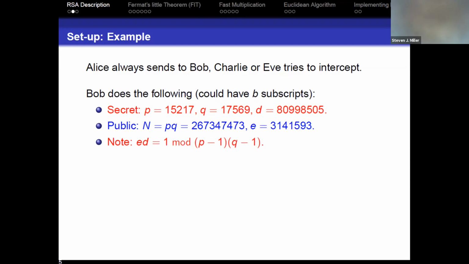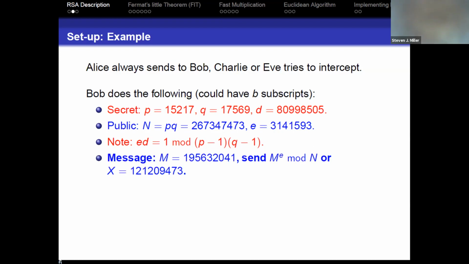This is coming from the Euler totient function. It's how many numbers are relatively prime to N, which is just PQ. And that's why I was saying all we need is just what's going on for the product of 2 distinct primes. All right, so this is how it works.